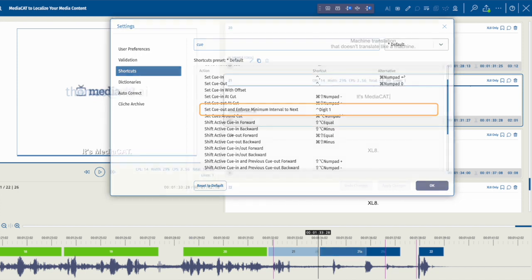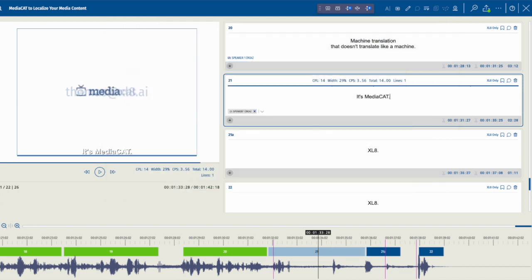To utilize this feature, first, focus on the subtitle event for which you want to set the new cue out. Next, navigate to the precise location where you want the cue out to be set. Once you've reached the desired point, trigger the Set Cue Out and Enforce Minimum Interval to Next shortcut or command. This action will accomplish two tasks simultaneously.